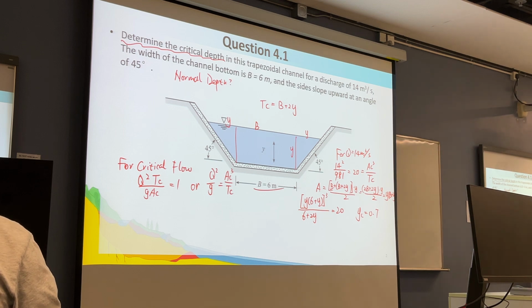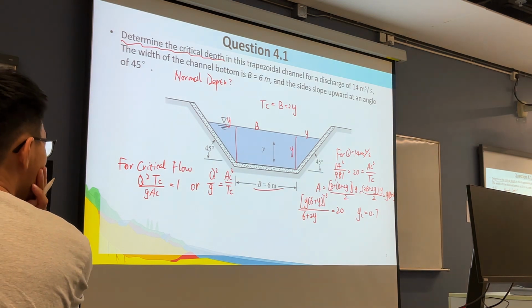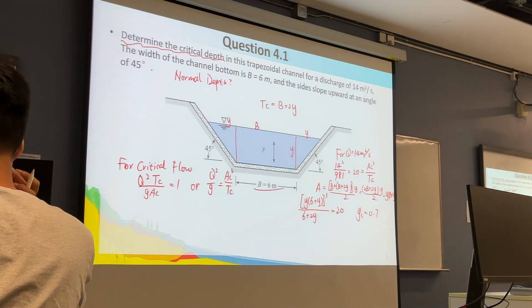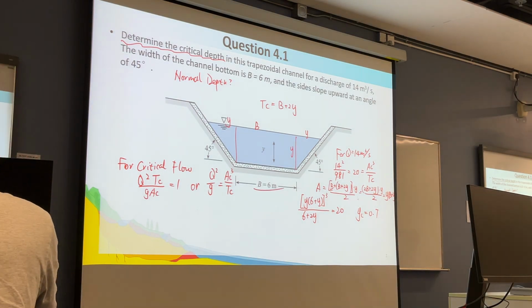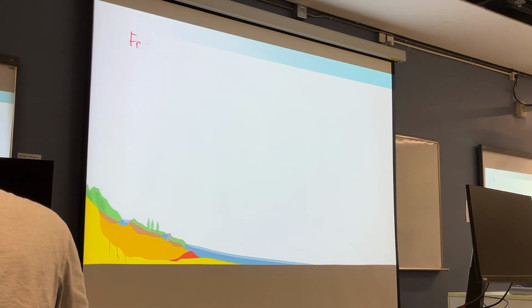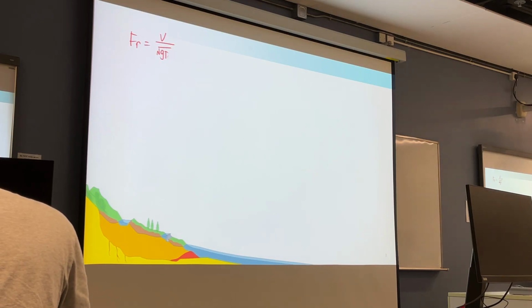How about the normal depth? And how about if we use a Froude number to determine this? Okay. Now I will turn to another page. Now if we use a Froude number equal to V over square root gD_c to determine this, all right? Now, actually,